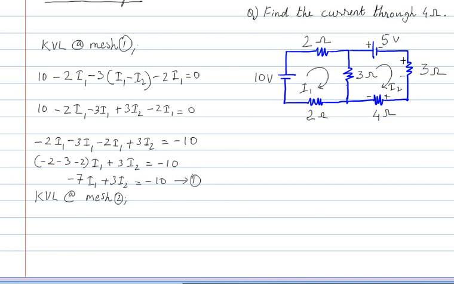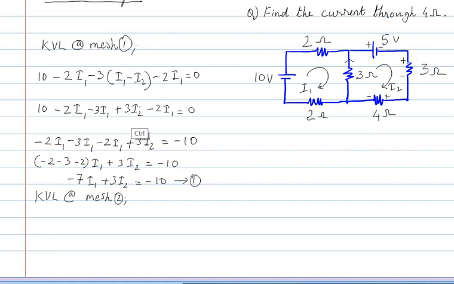So that is what is important here. Previously we had done it downwards. Now for this mesh, the direction of I2 is going from down to up. And that current will be I2 minus I1. So that is what we have to be very careful about. See, previously for this mesh, I1 was more, so we drew it from top to bottom and we wrote the current as I1 minus I2. But now we have to write I2 minus I1.